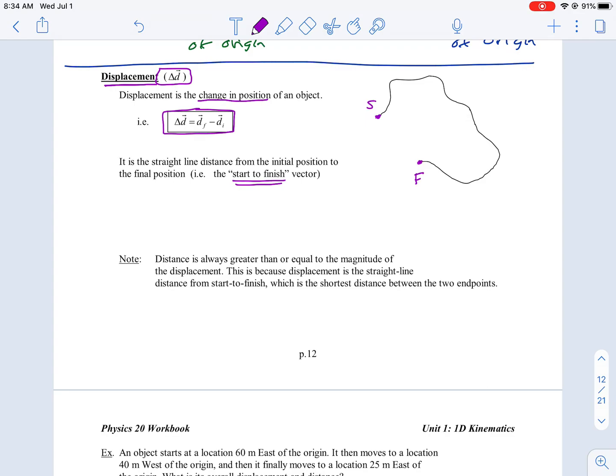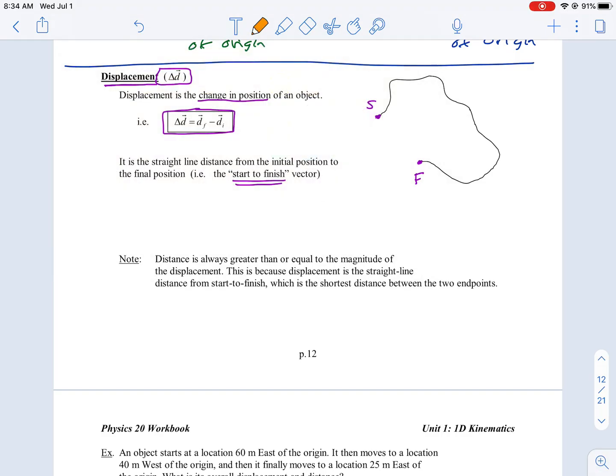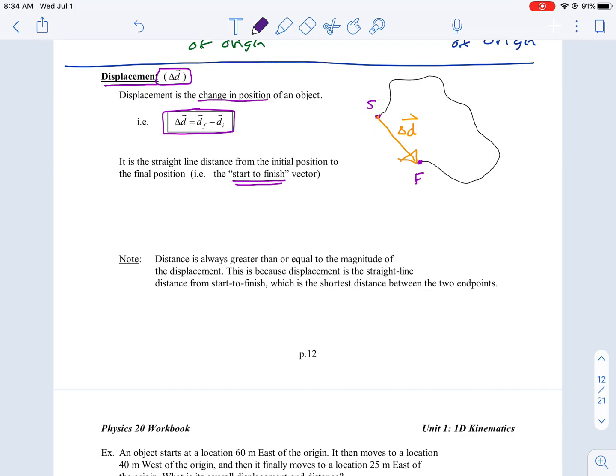Now, the question is, what's the displacement? Well, displacement goes from start to finish. So you draw a straight arrow from start to finish, and that would be called the overall displacement vector. And you know that curvy line that we have there still has meaning. That curvy line would represent